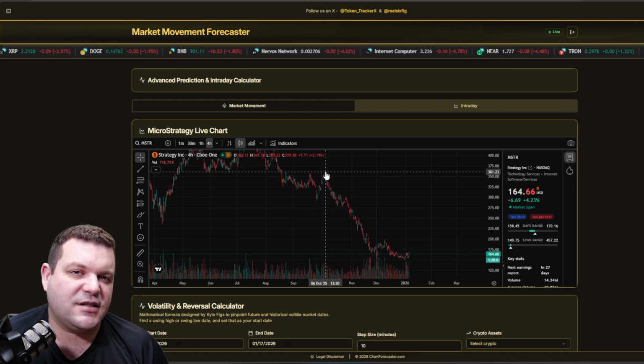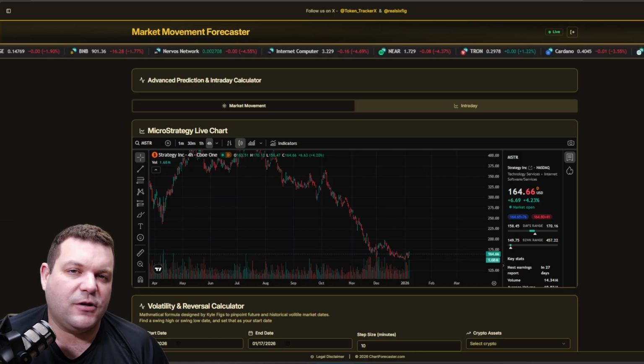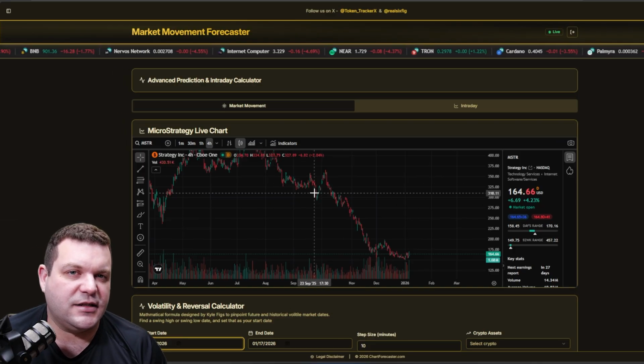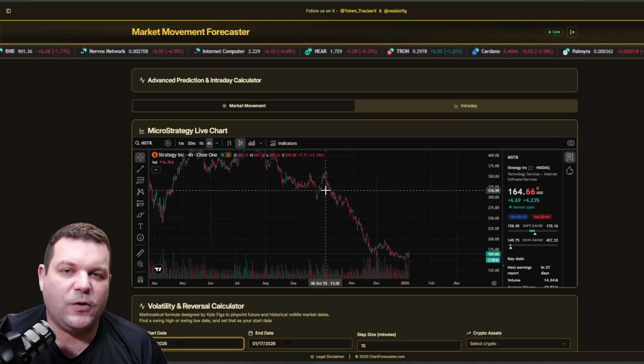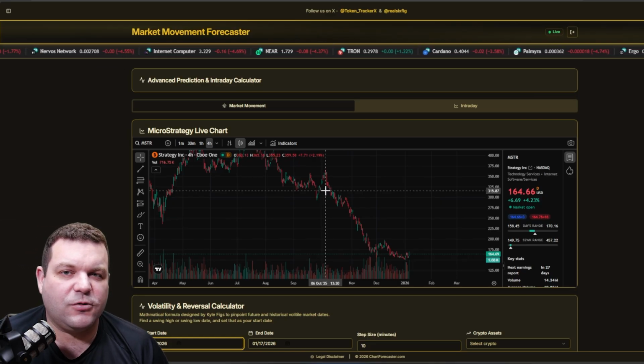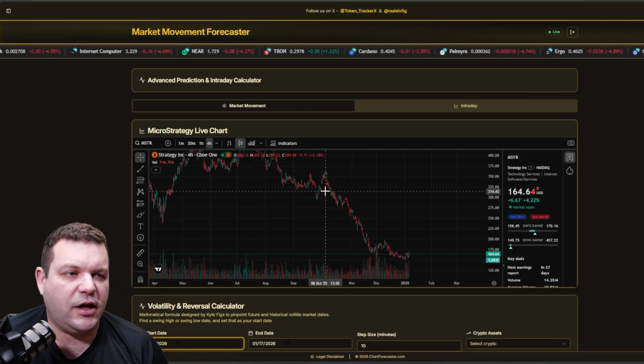So October 6th was a very volatile swing high. And this basically measures swing highs and swing lows, and it pulls data from all sorts of APIs, and it's able to really hone in on when liquidity is going to crunch, things like that. And it's very interesting. So we'll enter in